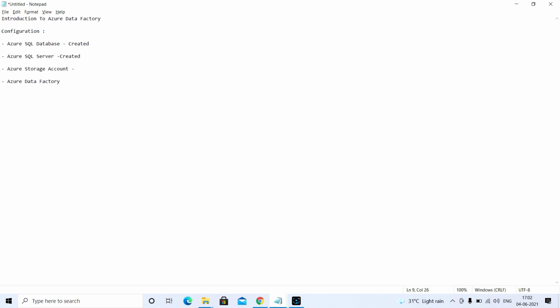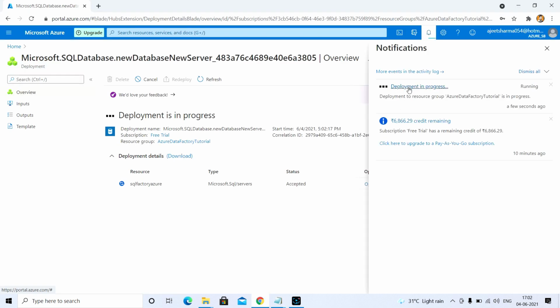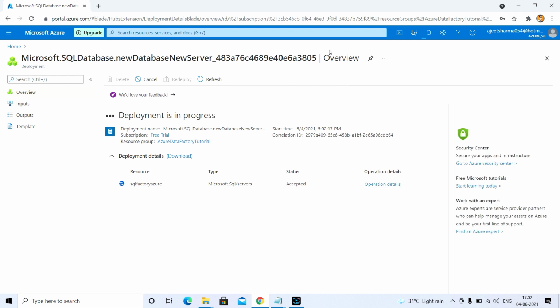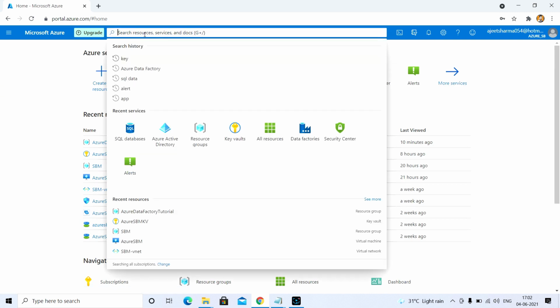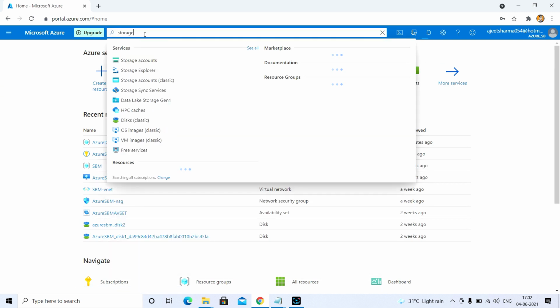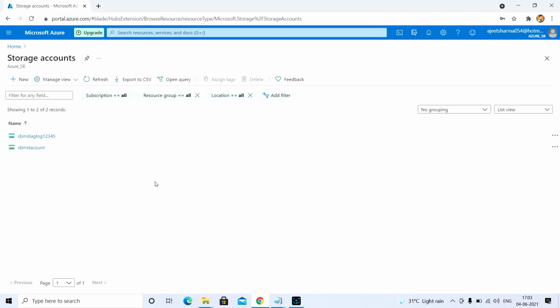Now I'm going to create a storage account. While this deployment is going on, I'm going to create the storage account. For that, you just click here and search for the storage account. Here I'm going to add a new storage account.